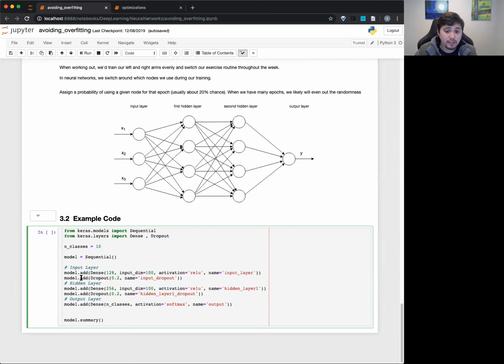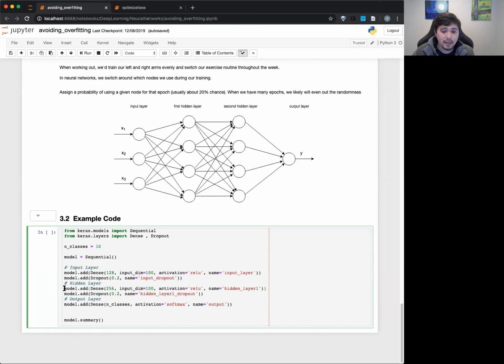So all you have to do, essentially, you can think of having your input layer. You can see here, I have an input dimension of 100, and then I have my first layer. So you can imagine this is going to be 100 elements. The next one's going to be 128. And then we can just add a dropout layer right here. Essentially, it just connects to this first layer. And you say, okay, there's a 20% chance that a neuron will not be used this round going through. And that's what this dropout is right here.